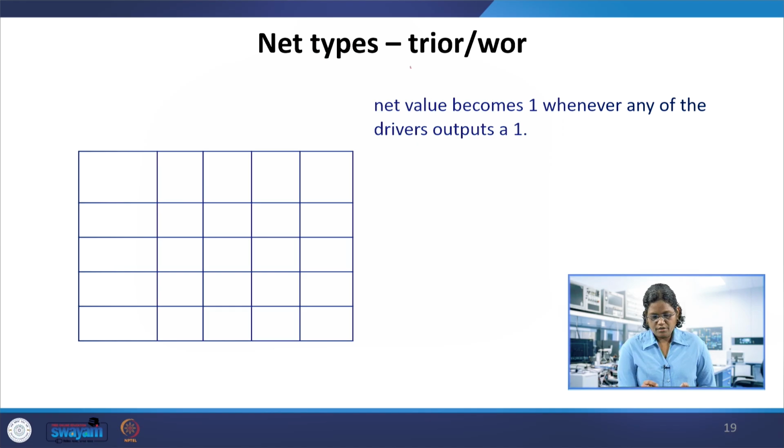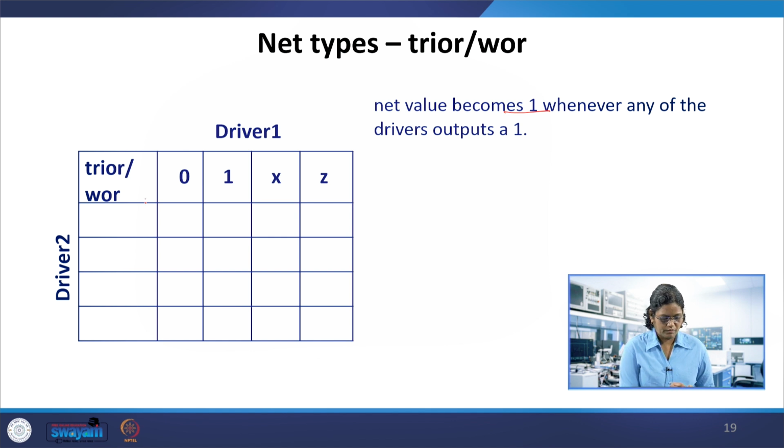Similarly, for tri-or and wire-or, the net value becomes 1 whenever any one of the driver outputs is 1. So here with driver 1 and driver 2, 0, 1, x, z: if it is 0, it is going to be 0 with 0, because it is an OR function.